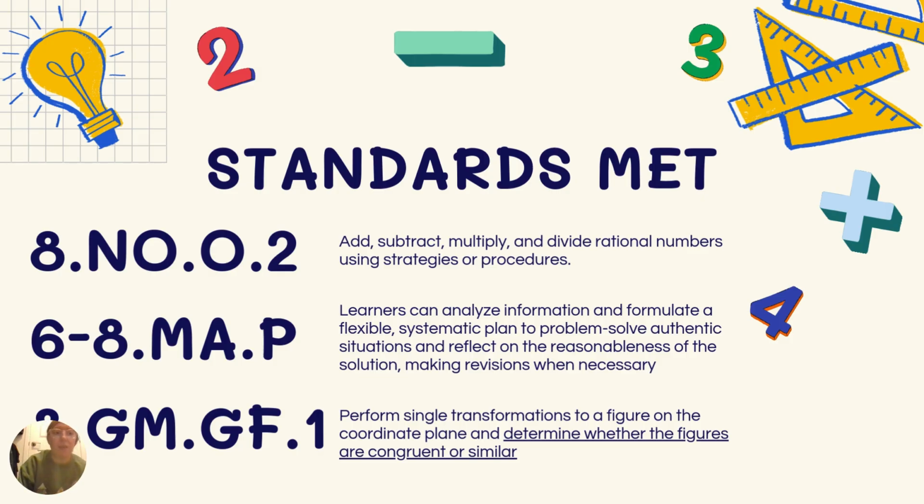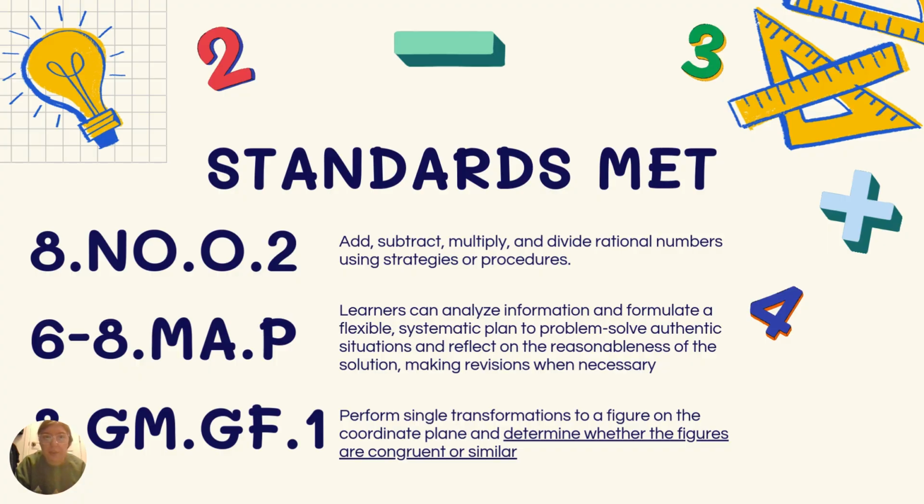In this game, although we weren't able to make revisions, they did have to systematically plan where they were going to be putting their shapes because they wanted to conserve as much space as possible so that we wouldn't run out of turns. And finally,